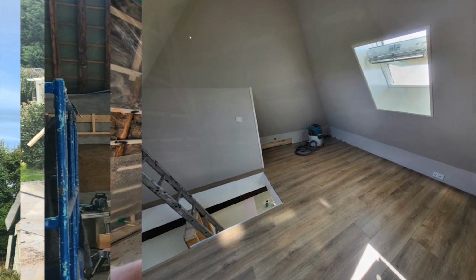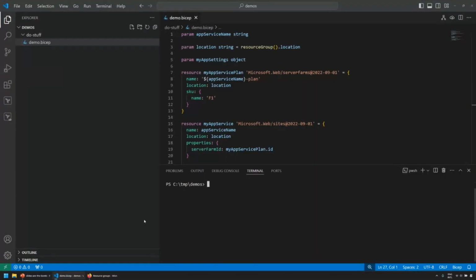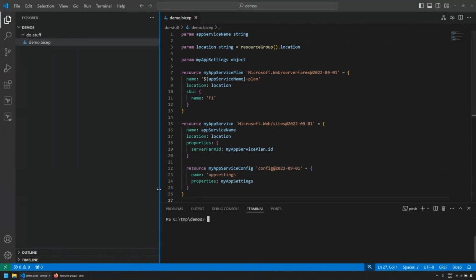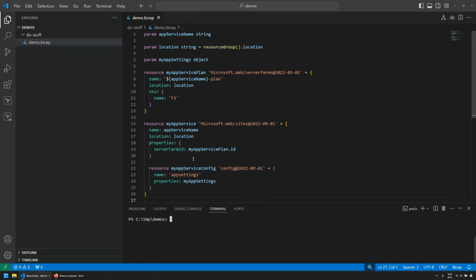I'm just going to assume that your listeners don't like PowerPoint. So I'm just putting that away and I am opening the app. I think that's a fair assumption. So I have Visual Studio Code open here, and I created a fairly simple Bicep file. And if you're not familiar with Bicep, this is where you want to stop, do the 101 on Bicep, and then of course, come back.